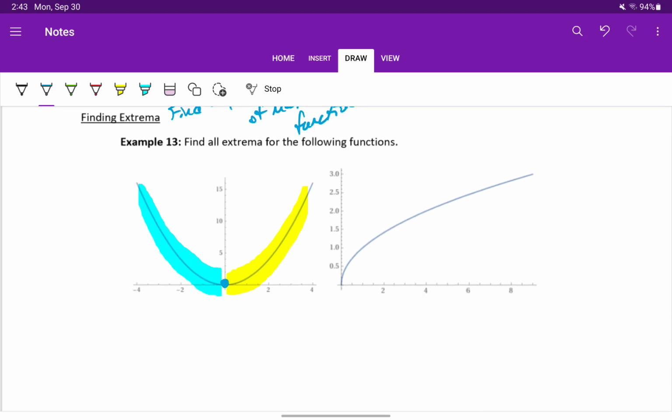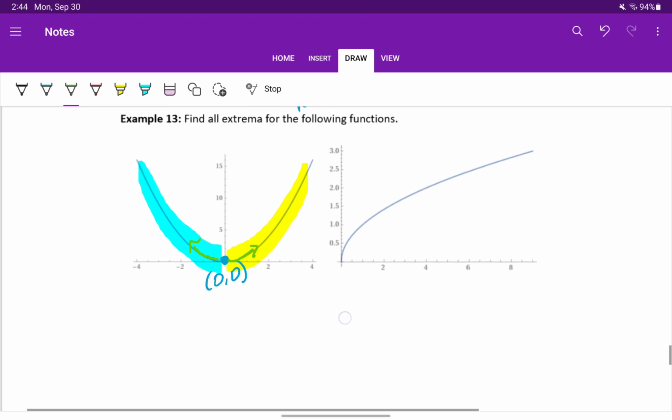In this case, it's a minimum because the point (0, 0) is a lower function value than any of the points around it. If we follow the curve a little bit to the right or a little bit to the left, our function values are increasing relative to this point (0, 0). So we have a minimum,